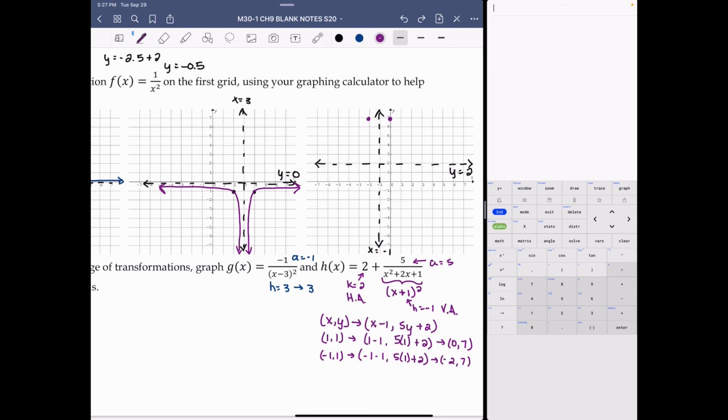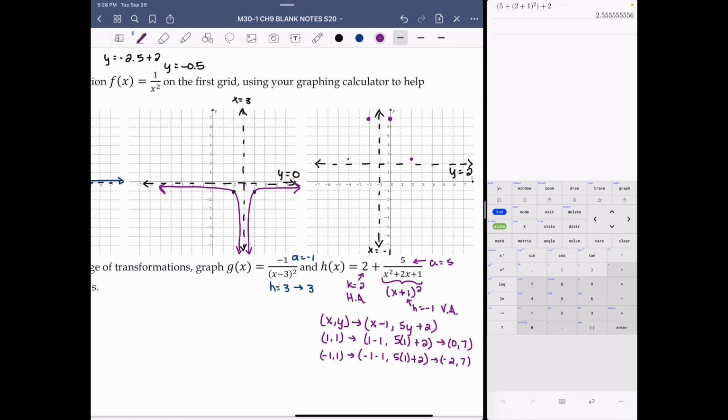We have the fraction 5 divided by bracket x, which is 2 plus 1, close bracket, squared, close the other bracket to end my fraction, and then plus 2, which gives me 2.555. So at x equals 2, y is about 2.5,